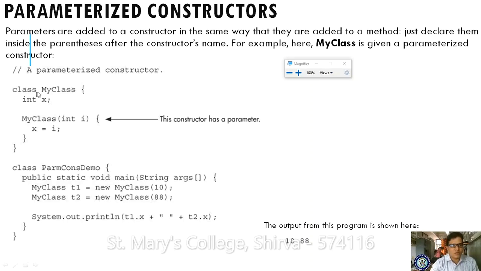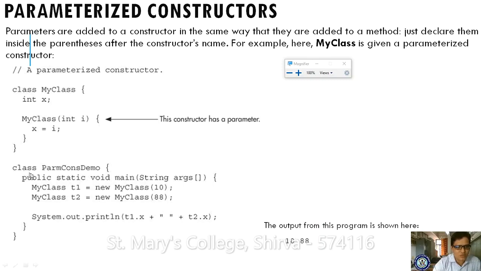Here we are defining the name of the class, which is MyClass, and we are declaring the variable int x. Now, MyClass, what is MyClass? Afterwards we are using the parenthesis, meaning it is a method, right? With the name of the class I'm constructing the method, and it has a parameter. That parameter is int i. This indicates a parameterized constructor. Yes, a parameter is there, and whatever variable you have defined here, x, you are assigning that parameter. Okay, here the class ends.